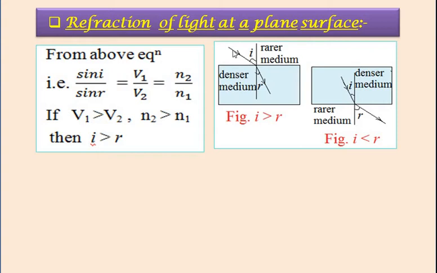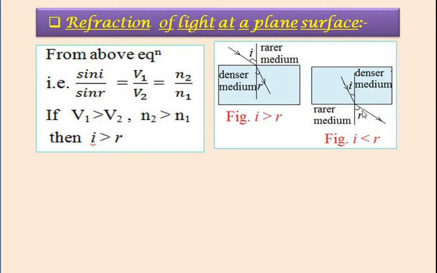When a ray travels from optically rarer medium to optically denser medium, the refracted ray bends towards the normal, as the angle of incidence I is greater than the angle of refraction. And in the second diagram, the incident ray is in a denser medium and it travels to the rarer medium. When the ray starts from the denser medium and refracts into the rarer medium,